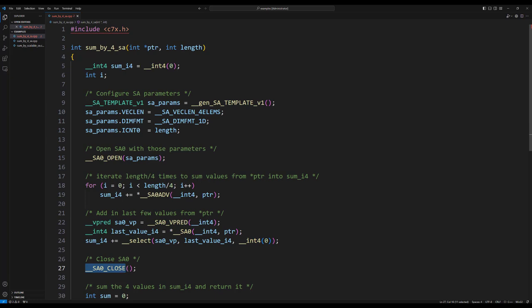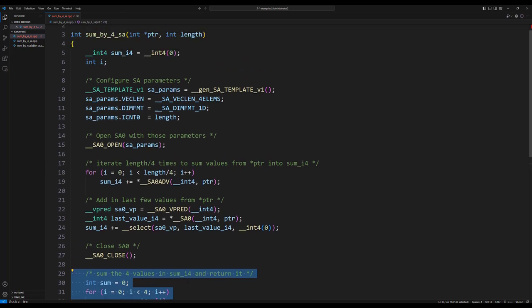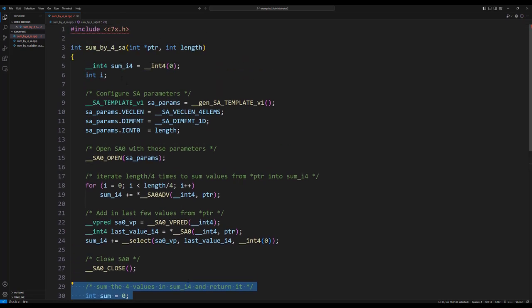And then the last few lines, lines 30 through 34, they're mostly scalar. They're adding up all the values inside the vector of 4 integers in semi4 and then returns it. All of the examples in this video have very similar code at the end, so this is the only time I'm going to describe it. Now the reason I started with this particular example is that it's a good point of comparison for the first example that uses the SE.